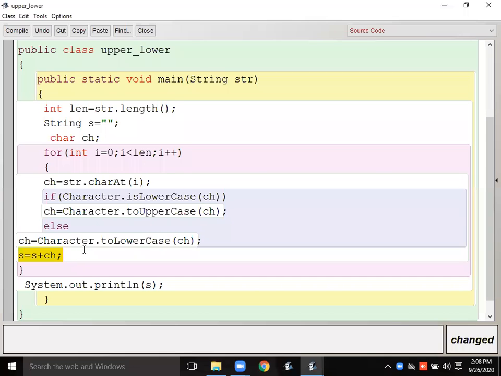If it is into the upper, then I'm converting into the lower and then concatenating into the another string, and that string I'm displaying. S plus ch. Okay, s is the blank string, so blank plus ch, whatever character will be there, it will be joined. Then again, in that letter, next letter will be joined, then so on, it will go on. Like the reverse one program we made.